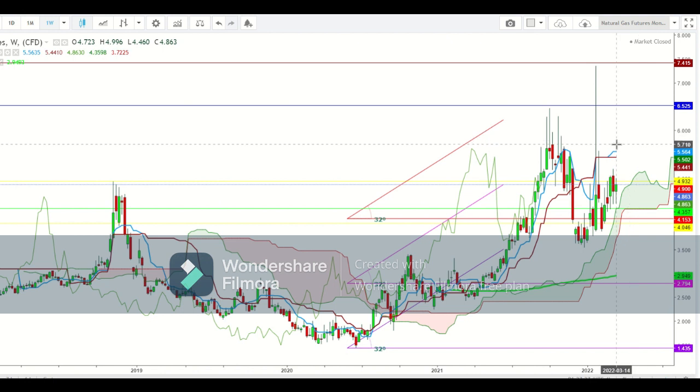And friends, if natural gas futures make a sustained move above the level of 5.7, it will confirm the continuity of the breakout, where a short covering rally can be seen above the level of 5.7 that could result in a breakout move during the upcoming week above the level of 6.5. So friends, I find that the natural gas futures could continue to remain in a bullish mode during the upcoming